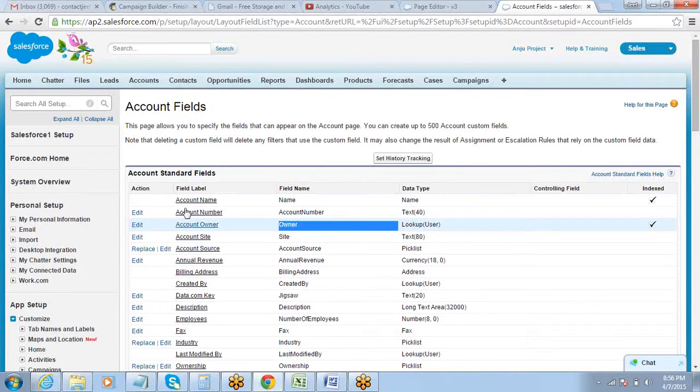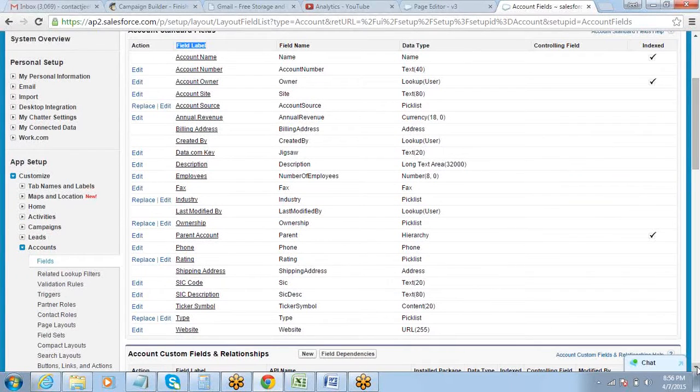Got it? There are field labels. So we do not use labels in the programming. We just use the field names and object names. Standard object names you will know, because there are very few of them, and it's very easy to remember them. But field names you will need to come here and check, like website, what is the field name exactly, type, number of employees.